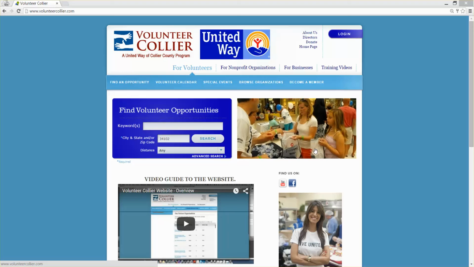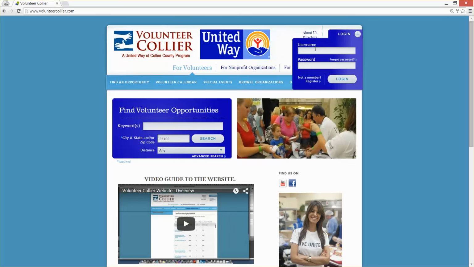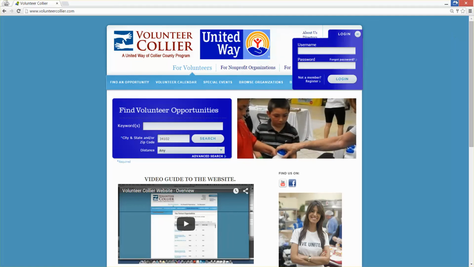By now, you should have already completed the registration process and received an email from Volunteer Collier confirming your registration. You will be able to access your volunteer portal in the top right-hand corner of the website using the email that you used to create your account as a username. If you ever forget your password, you are able to retrieve it by clicking on the Forgot Password link in this area. In my case, I have already gone ahead and signed in, so I'm just going to close out